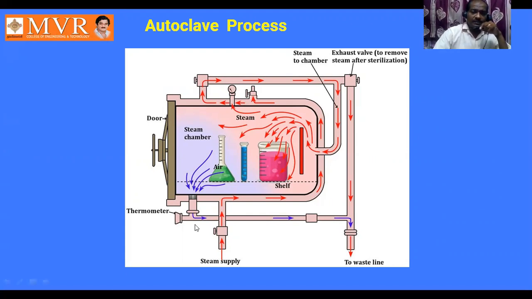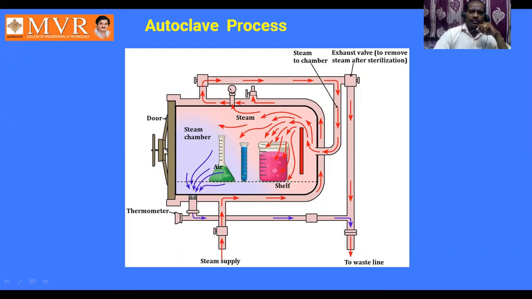Here steam is generated in a separate portion and steam is passed to this hot chamber. Thereby the steam cleans and it is once again converted into water or droplets. And whatever droplets of steam there are, they are shown in the form of blue arrows and will go to the waste line. And to monitor what we are doing, a thermometer is provided at this position.